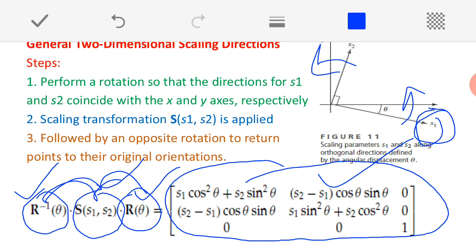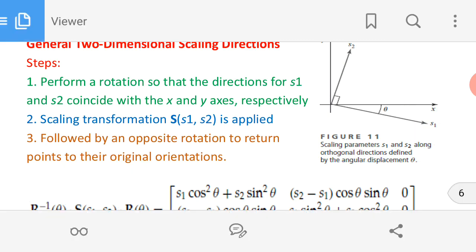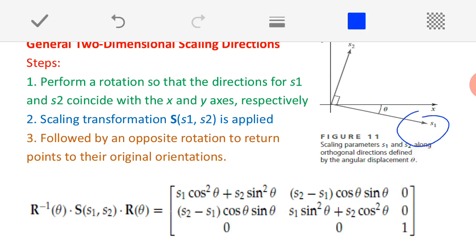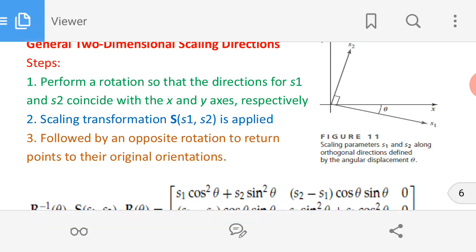So, just once again the 3 steps are what? First I have to perform the rotation in such a way that the directions of S1 and S2 will overlap with x and y. Then I am going to perform the scaling, then once again I am going to perform the inverse rotation. Is it clear? And I hope that it is a very simple topic. All of you might have remembered these steps, and also multiply the corresponding matrices, then you will always get this resultant matrix. Do it individually, take paper and pen, and check it out by multiplying all those matrices. Okay. Thank you.